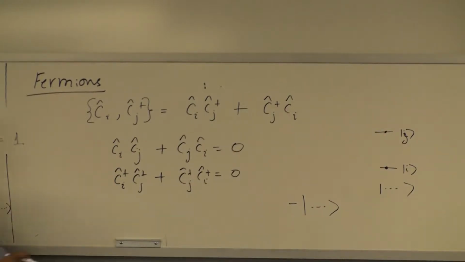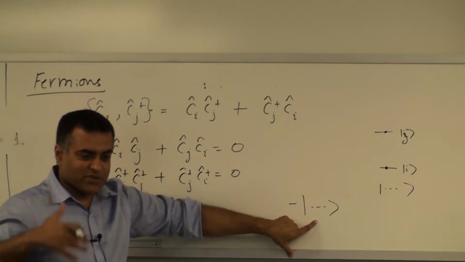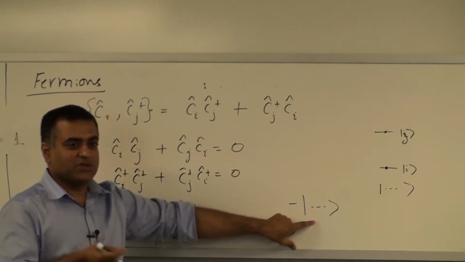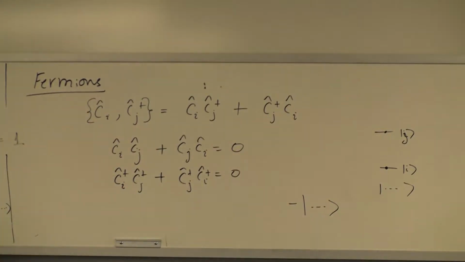The occupation number state is the same as the wave function. The wave function will flip sign depending upon which state I fill first. It'll just flip sign. It won't change its mod square, but it'll flip its amplitude sign. And this is the nature of fermions.